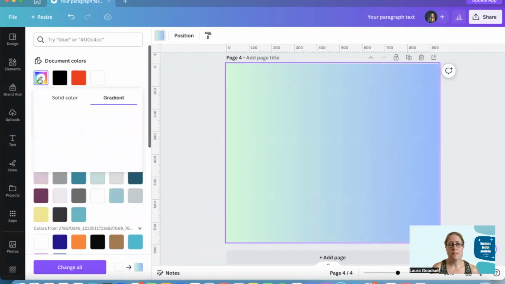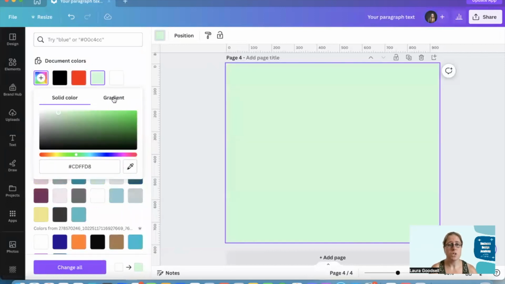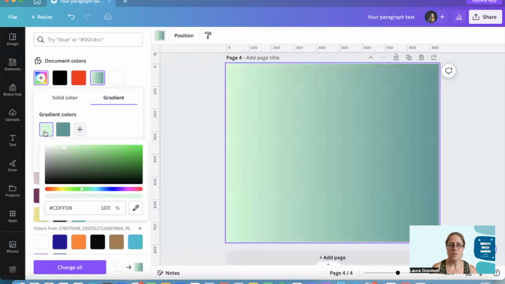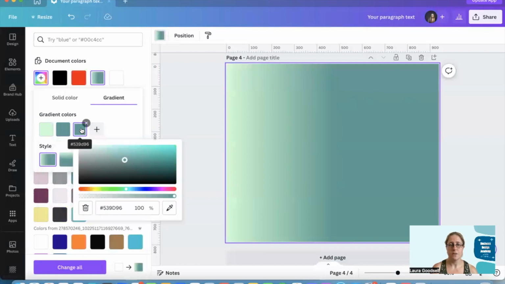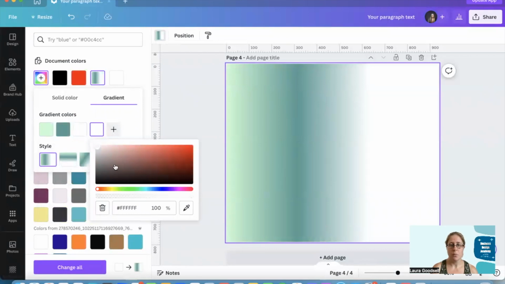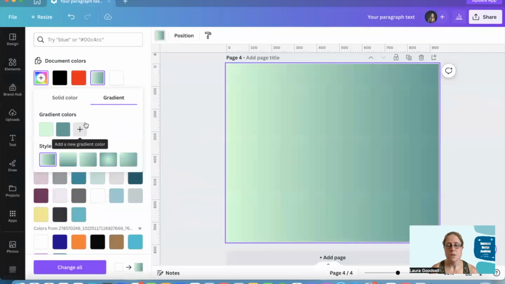But also, if I click this up here, I can then click on gradient, either have a solid color if I want to, or click on the gradient. And I'm then able to change the gradient colors. I can add another one in here. So if I say want to white, I can add another one in here. If I want to go maybe a teal, a bit of a weird green, but you can see what you can now do. Okay, I can delete them if I think that's too much. I quite like these two here, the light green and the dark green. I think they work really well together, so I can use my own branding colors now to create custom gradients,